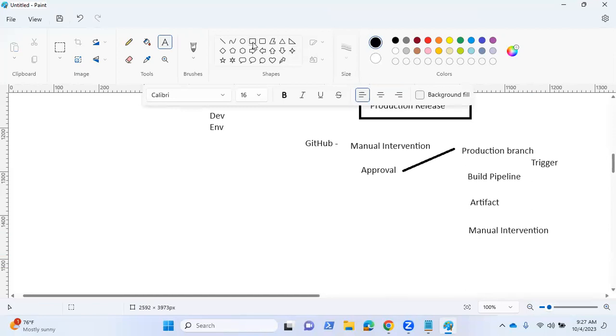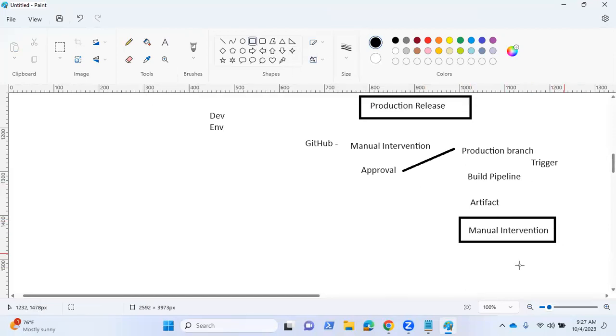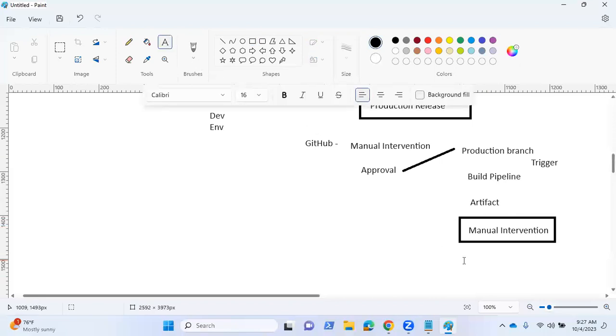Without manual intervention, a release pipeline should not trigger in the production workload. So there is a release pipeline. After the build pipeline is done, there is a trigger here. Automatically a build pipeline will run and it will generate an artifact. But once the artifact is generated and pushed to the artifact repository, then there is a manual